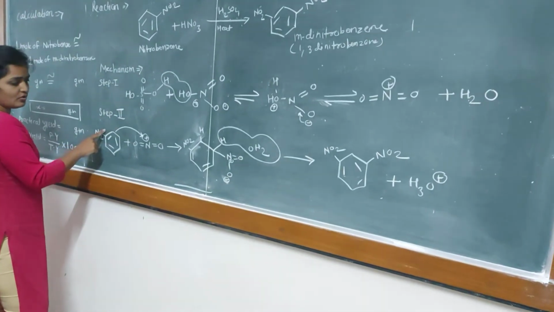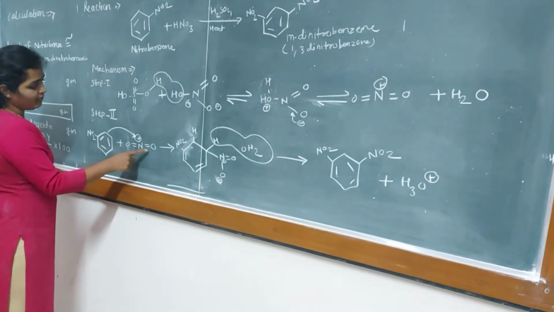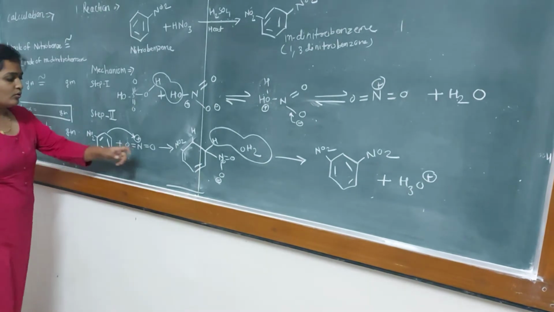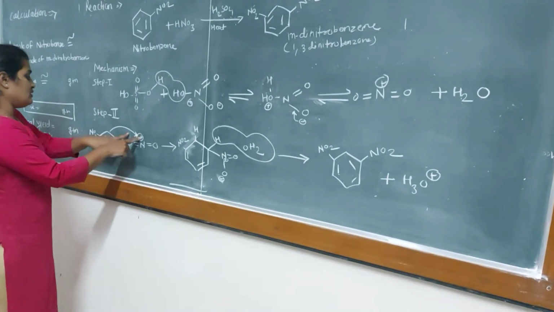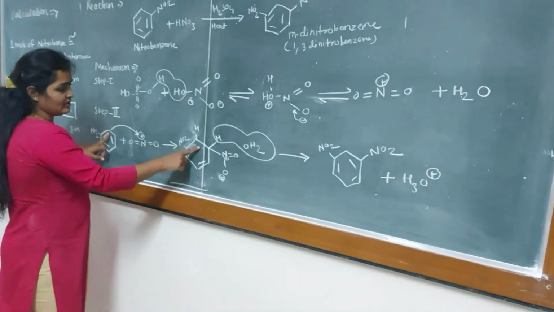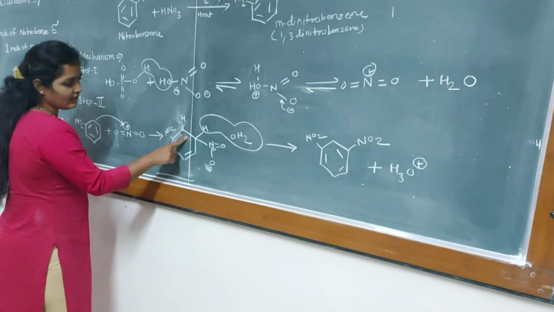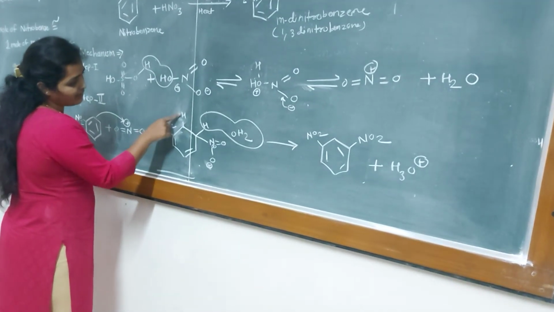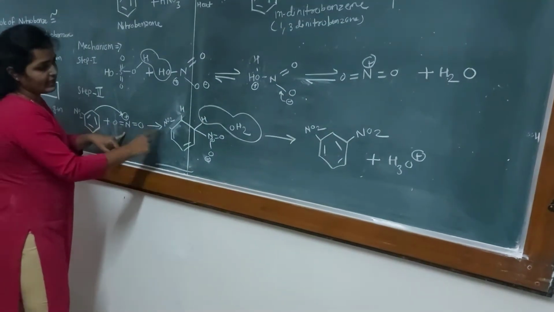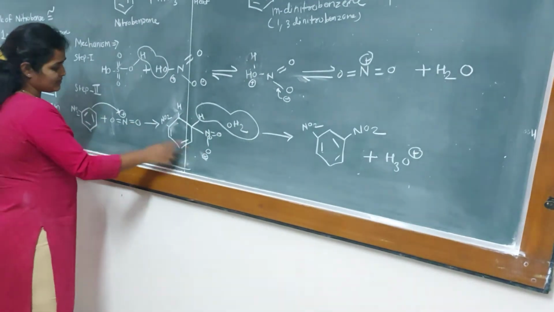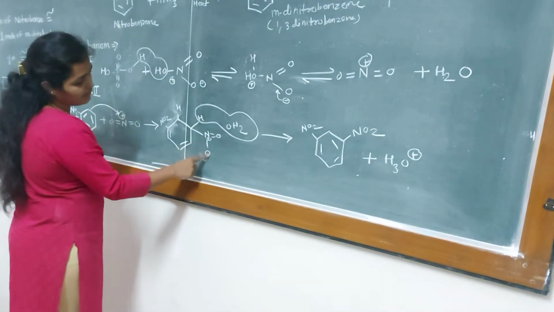This is the structure of nitrobenzene, and it reacts with the first step product, N double bond O, NO2. Then this positive charge attacks here, which removes a double bond. The double bond is removed, so a hydrogen atom is here, another hydrogen atom is here, and this NO2 is attached here. In that reaction this one bond is shifted here, forming NO2 minus.